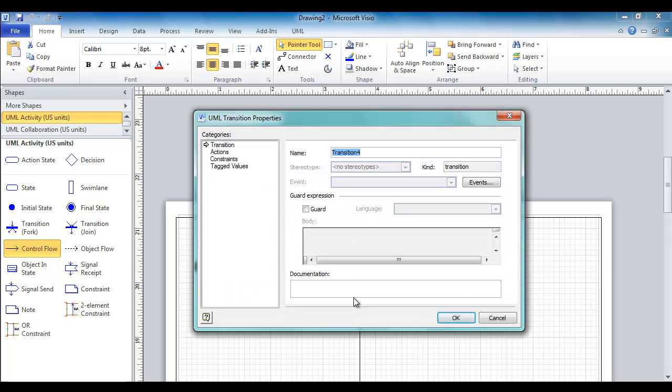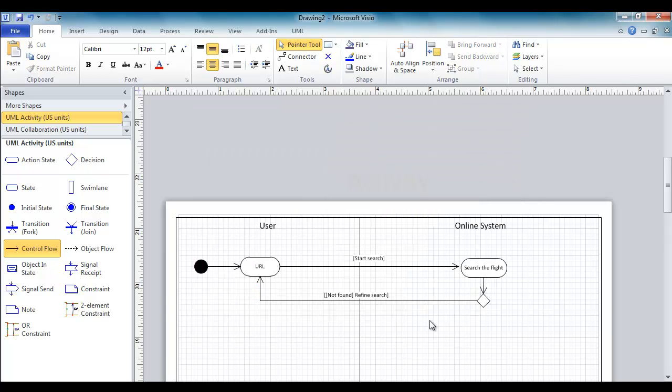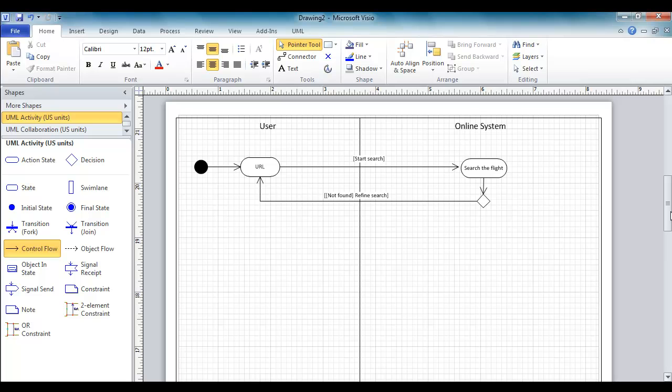This is coming back when the person cannot find the flight. The person needs to refine the search, or redefine search, whatever you want to say there. Now the person has been able to find the flight. So